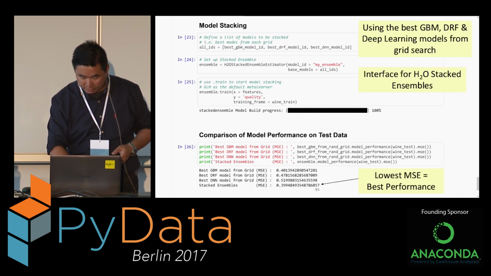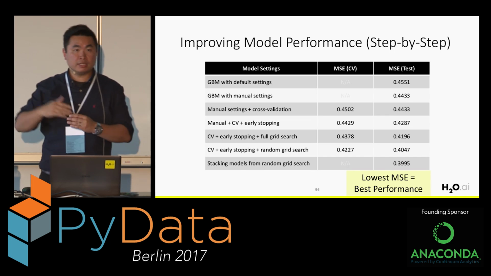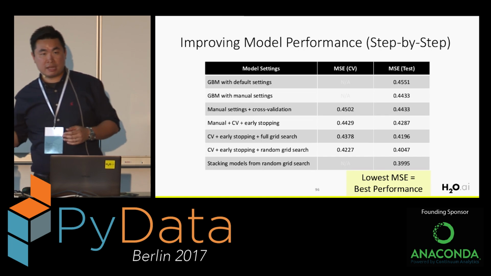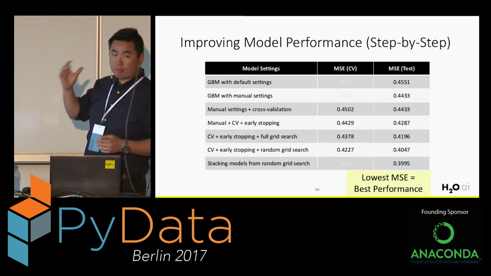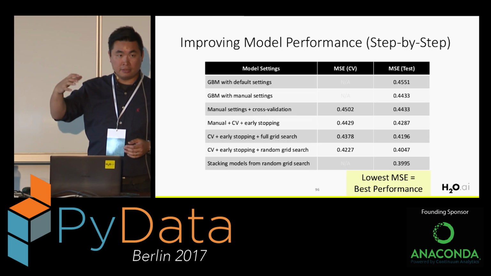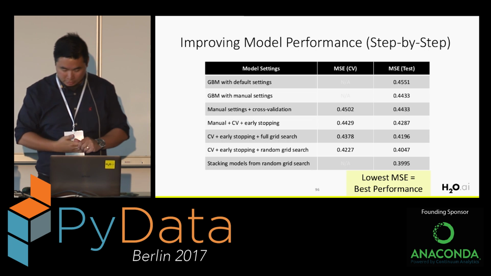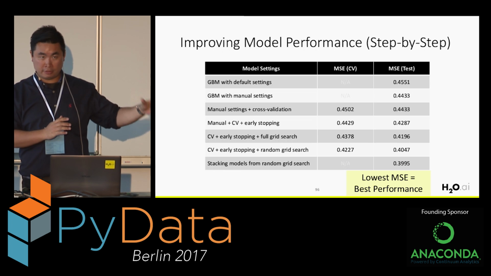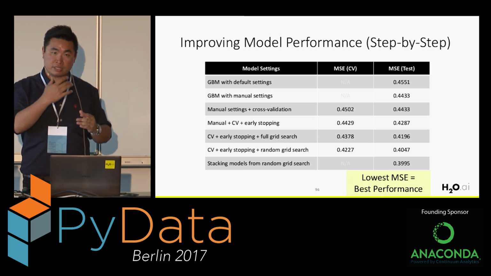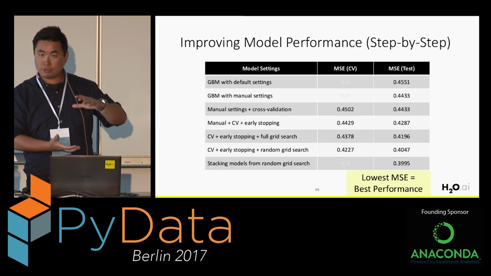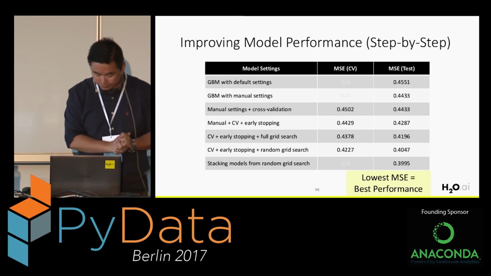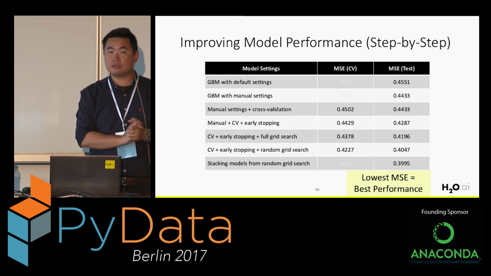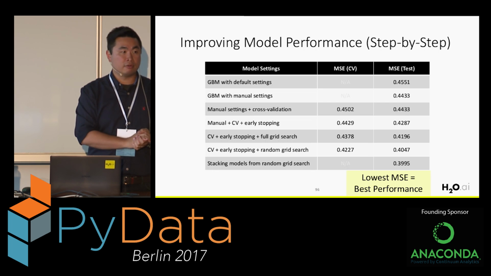So once we have that, we can go back to the table. We didn't do the cross-validation measurement this time, but we can see that the performance on the test data set is, again, better than all the previous steps. So this is some of the ways that you can do with your data set. When you put in H2O import data set, you can train different models and you can stack them together quickly using this code. Okay, so any questions so far? This is the ensemble for regressions.